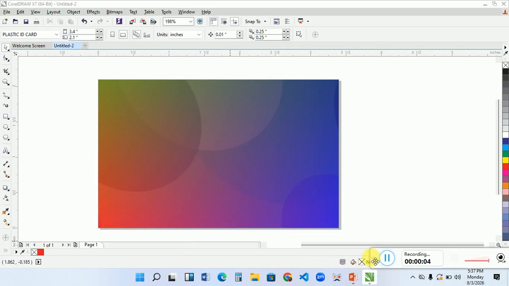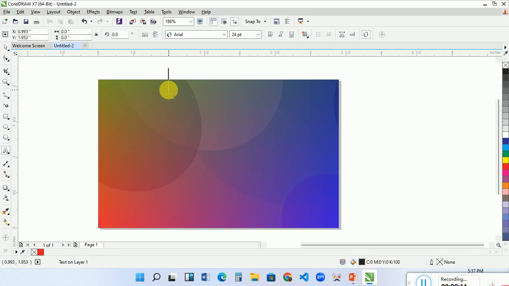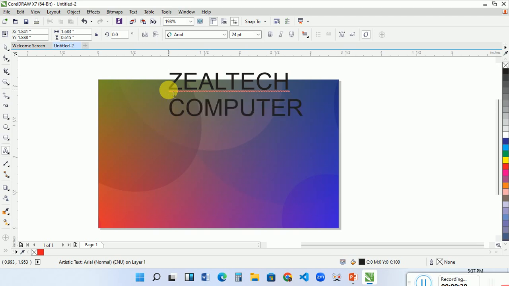Okay, so go to text, then type what? ZEALTECH, no, Computer Institute, right? So now let me type out what I want to type so I can break it down and begin to fix them. You understand now? So ZEALTECH Computer Institute, then